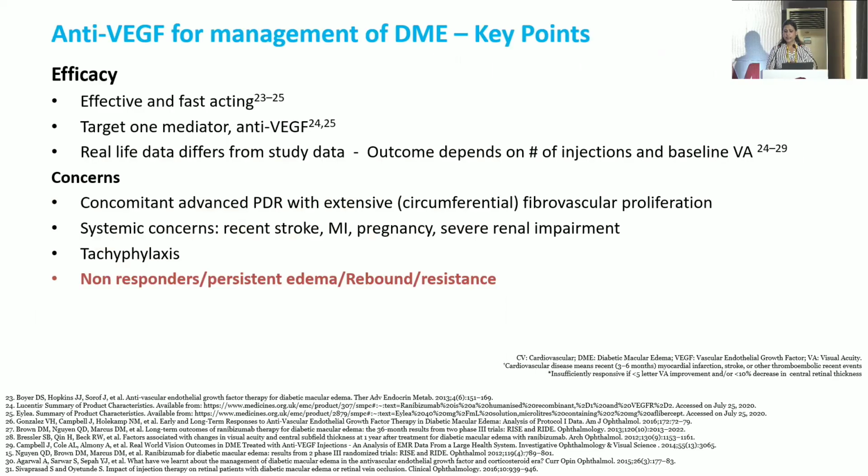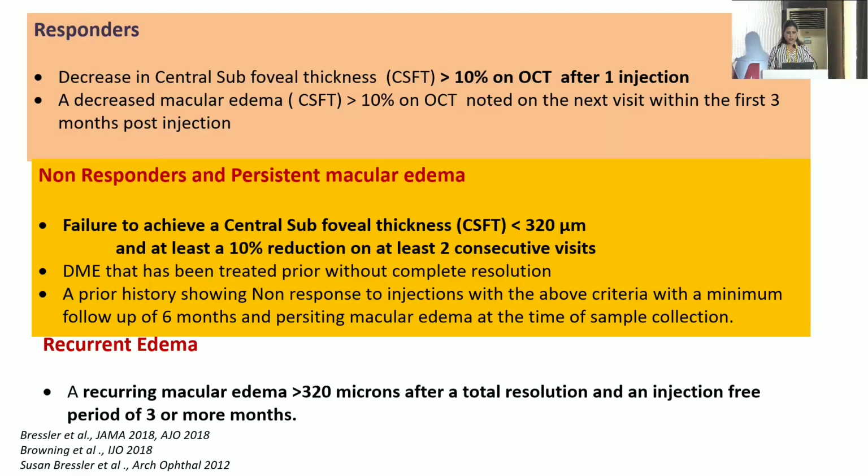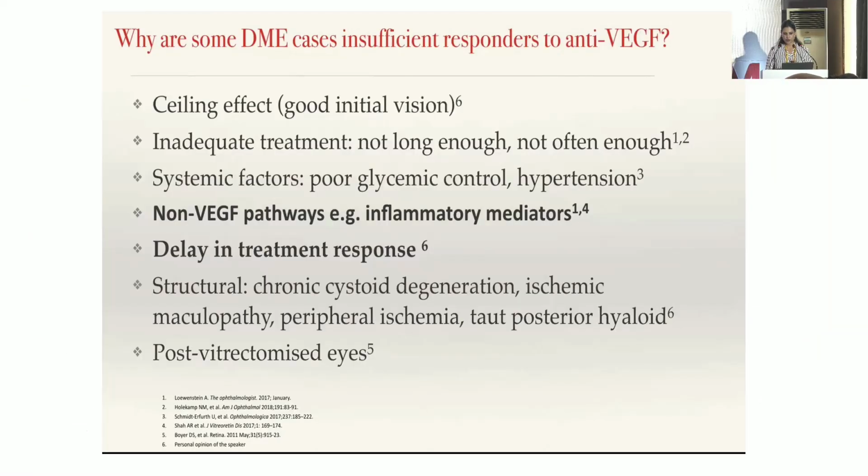Anti-VEGFs are considered the first-line therapy and are effective, but the major concerns are in patients who have extensive fibrovascular proliferation, where it will obviously lead to a crunch phenomenon and TRD, systemic concerns, and then non-responders, persistent edema, rebound, and resistance. Non-responders to anti-VEGF are about 1/3, whereas with steroids about 1/6, and around 1/3 to 2/3 of DME patients fail to achieve complete resolution even after 1 to 2 years of intensive anti-VEGF therapy. Protection of foveal photoreceptors is the key to achieving maximum visual acuity potential.